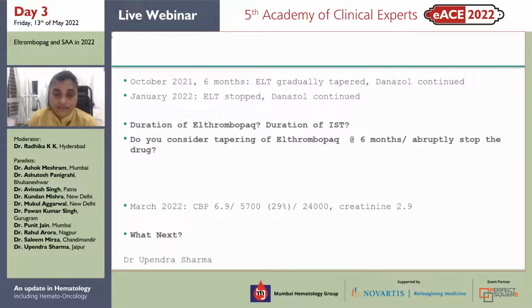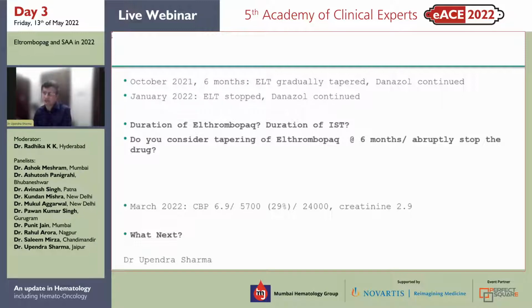And Dr. Radhika, for my patients who are having no financial issue, the robust data is for full dose of ATG. So for most of our patients, our preference is to give full dose of ATG, 40 milligram per kg for 4 days, not low dose. For those patients who are compromised financially, or elderly patients more than 70 years, we go with low dose ATG, else we go with full dose of ATG.